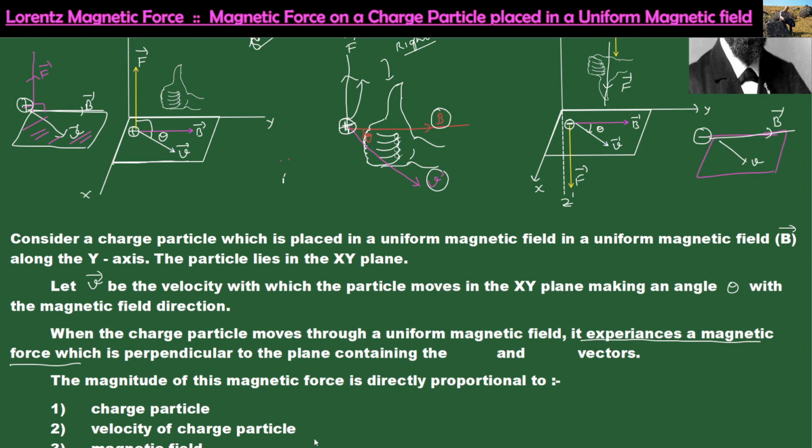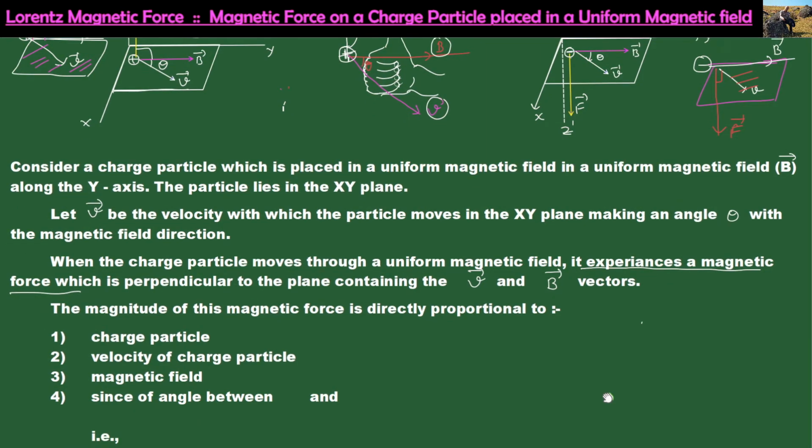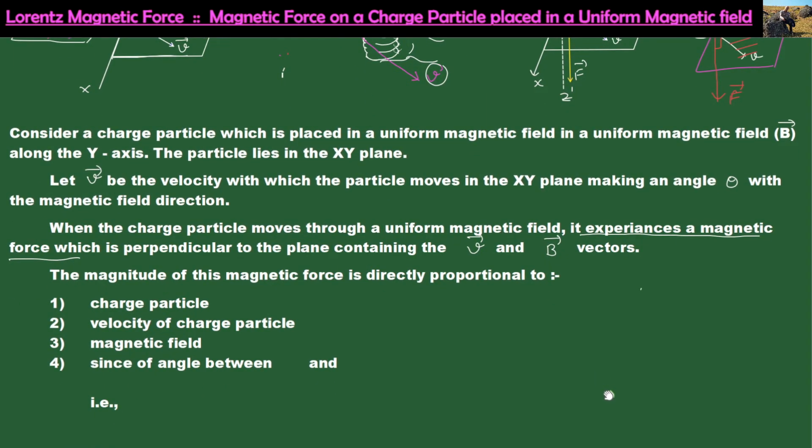But what happens to the direction of v? The magnetic force is in this direction, which is perpendicular to the plane containing the two vectors. So it is perpendicular to the velocity vector v and the magnetic field vector b bar. It is found that the magnitude of this force